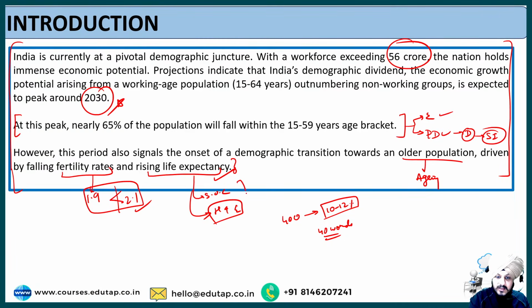So without these kinds of social parameters, I would say life expectancy is nothing. What are you going to do with this life expectancy if the population that you have in your nation is not productive enough, right? So these are the things you can touch upon when you are writing your introduction.